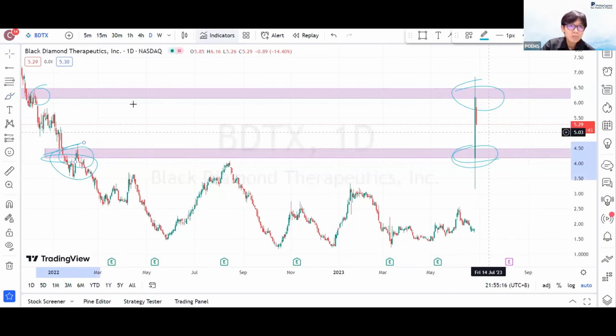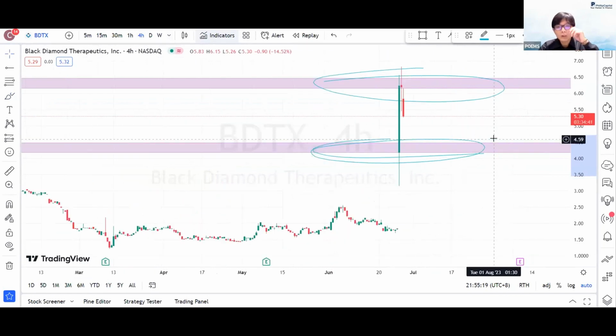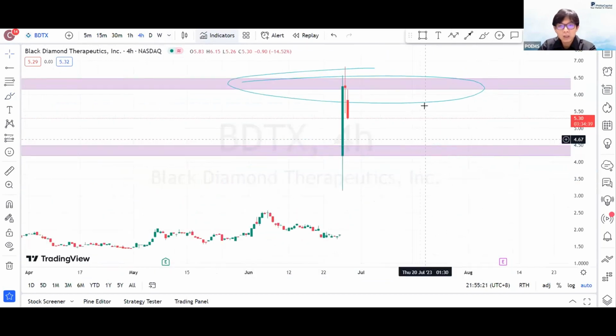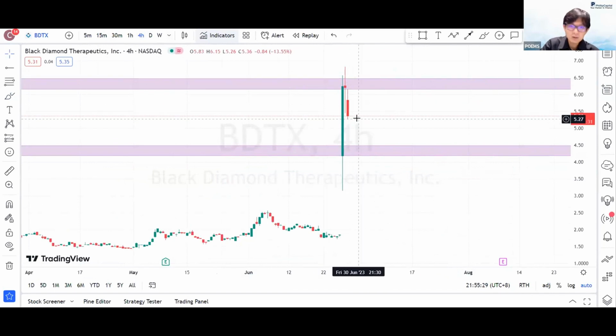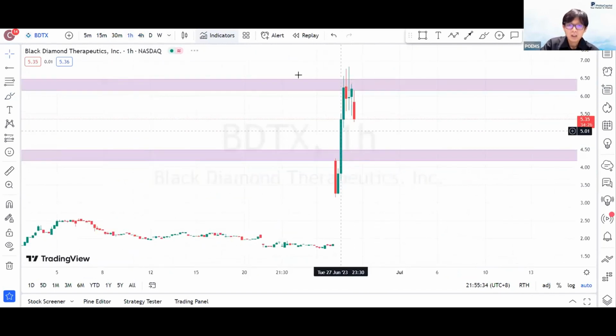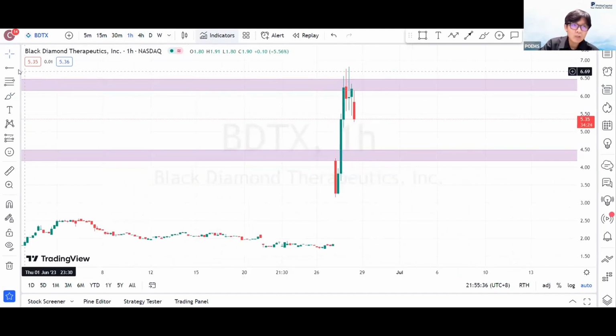So if I were to go into an even lower time frame, now we will talk about price action itself. H4, I'm just using the regular hours only. Pre-market, I'm not looking at it. So H4, as of now, is bearish. You can see it is a red candle. Nothing much. This area here, we don't really have anything.